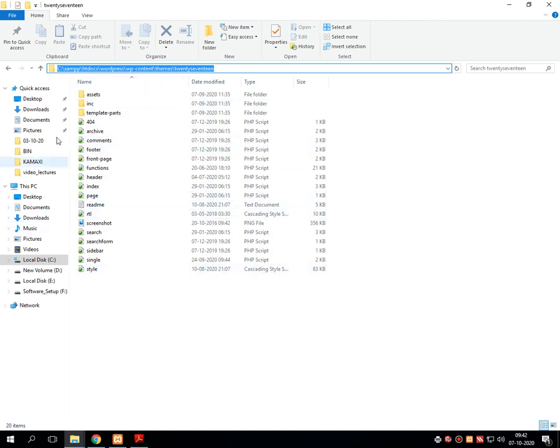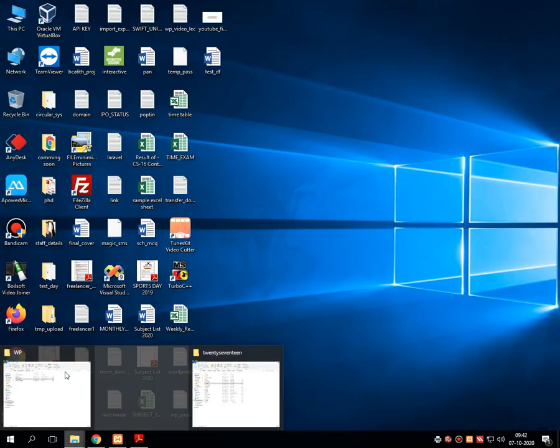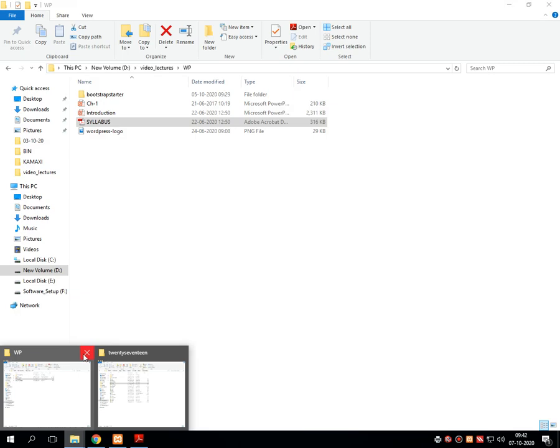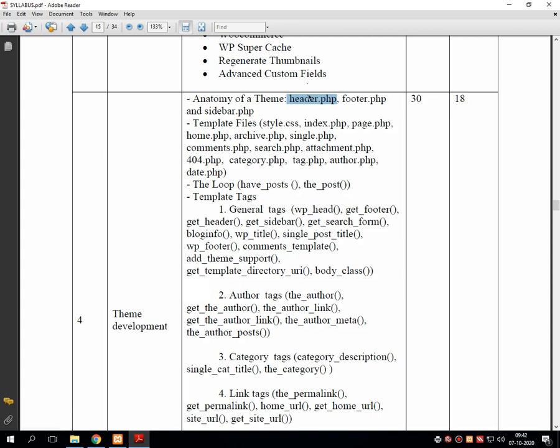Now just look at all these PHP extension files. In that, try to find the first file called header.php. Let me close the other window so it will be good for all of us. I will search header.php, it's there. I am just taking 2017 as an example; you can take any theme as an example.